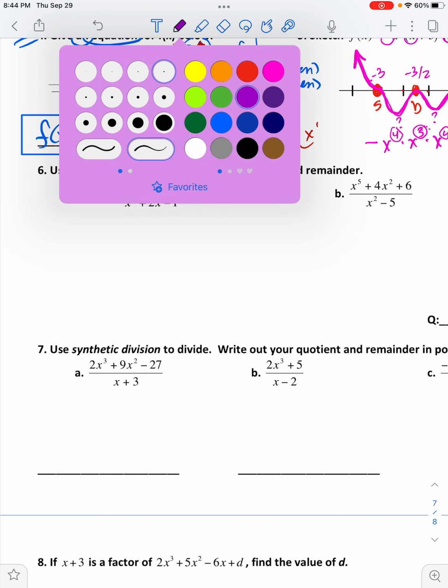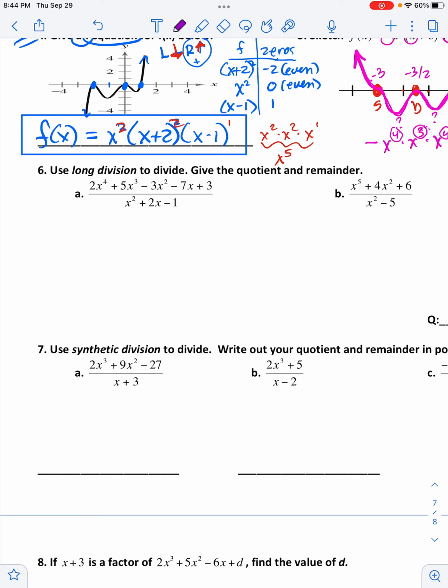So let's see. I'm going to take my time. Super easy to make a mistake with this. I start with 2x to the 4. What I'm watching for, and the reason I'm going slowly, is any powers of x that are missing in case I need to include a 0 as a space saver, but I do not. This one's going to be super hideous, and I don't have the option of doing synthetic, and that's how it would be on the quiz, because I'm not going to make you do long division when you could have used the shorter version. So I'm going to have out here my thing that I'm dividing by,